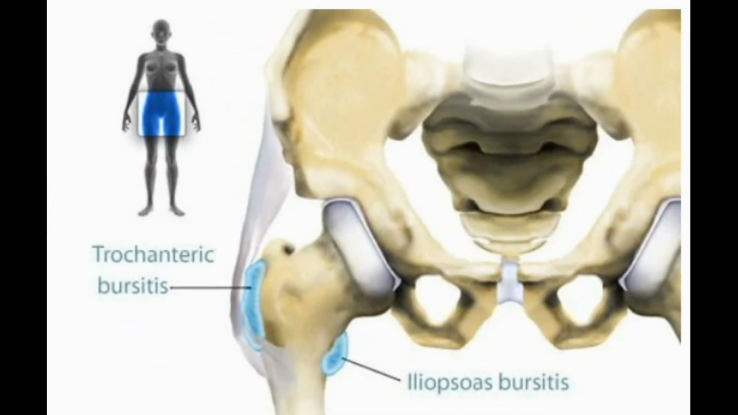2. Hip bursitis. Hip bursitis occurs as a result of inflammation of one of two bursae located around the hip. Trochanteric bursitis is inflammation of the bursa that covers the end of the long bone of the leg, the femur. It is more common than iliopsoas bursitis, which is inflammation of the bursa on the inside of the hip in